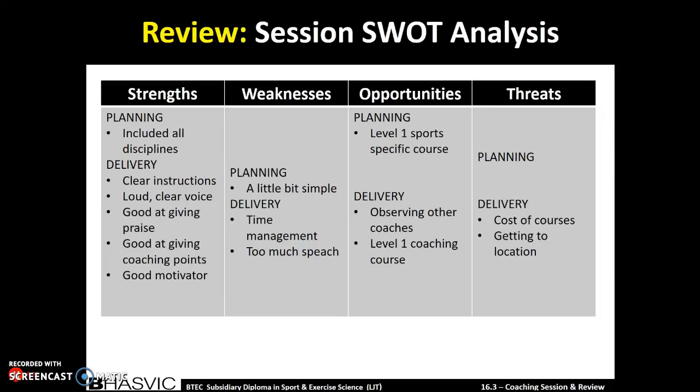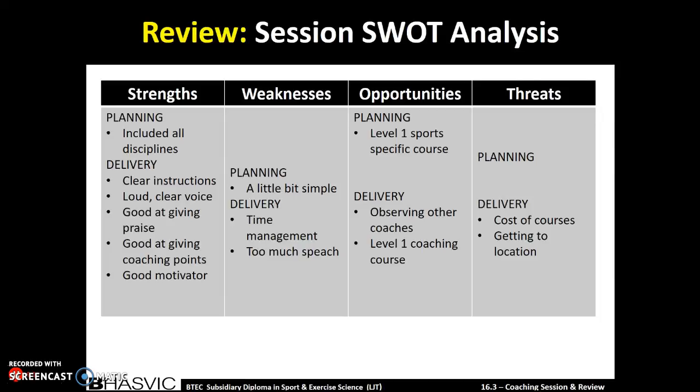One way in which I could improve the planning skills is to do a level 1 sports specific course to gain more knowledge of different types of striking and fielding drills that I could use within future sessions. This would allow me to have a broader knowledge and would allow me to add more variation within my session and reduce the risk of tedium and boredom within my session. Also within this course, I would learn a regression and progression system, which would again help to reduce the risk of tedium and boredom, but would also add an element of challenge within my session if it was necessary.